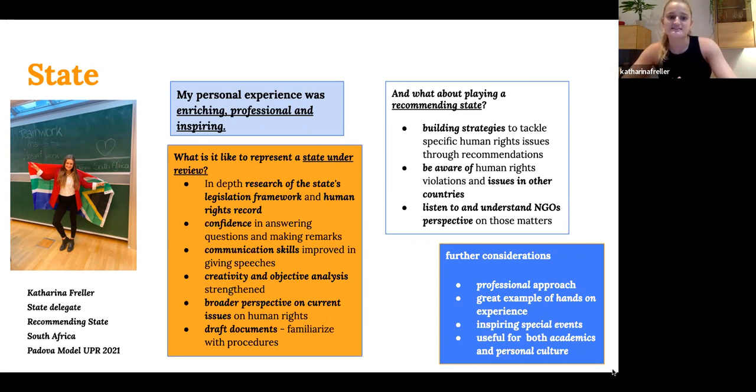So representing a state gave me in all a really good perspective on what's really happening in the world outside, and especially in these times, it could be very interesting for you. And it also gave me the opportunity to better understand and comprehend intergovernmental relations. I was able to improve my diplomatic as well as my communication skills, and for sure my self-confidence in giving